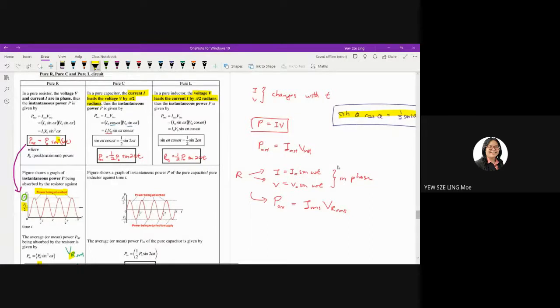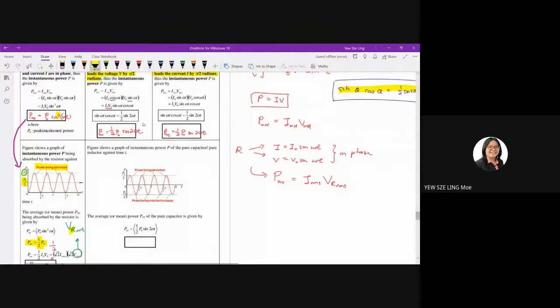So when you plot a graph according to this equation, based on the equations given, this is the type of graph that you're going to get. The figure shows the graph of instantaneous power of a pure capacitor and pure inductor against time. Now you have a sine 2 omega t, it is not sine square. Therefore, you're going to have a positive and a negative y component. Now, by looking at this graph,